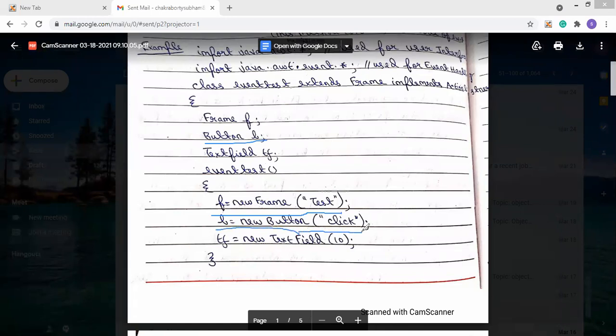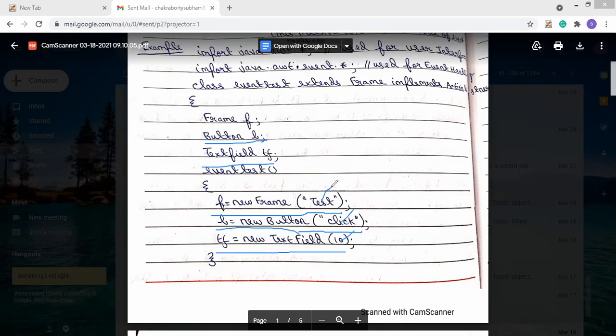Then TextField tf equal to new TextField, and the size of the text field is 10. The label of the button is click, and the frame name is test. That's how we create the objects of the frame, button, and text field.